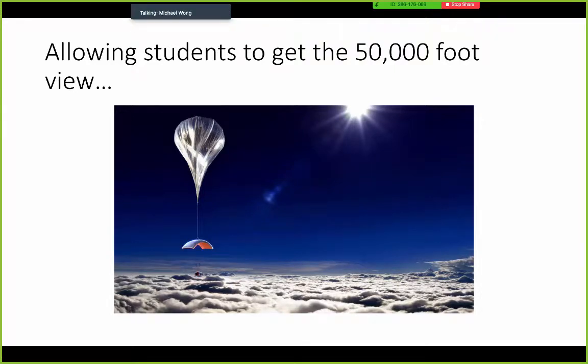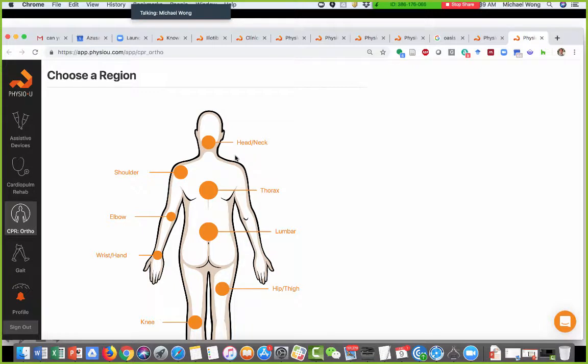So in ortho, I really think helping the students get a 50,000-foot view is very important. So let me take you there and give you a quick sample. Every joint, I spend about a week and a half to 2 weeks on every joint for 2 semesters of ortho. At the beginning of the first day of class, while I'm talking about a lot of the conditions, I do not miss a chance to help map out how we are going to manage the common conditions in each